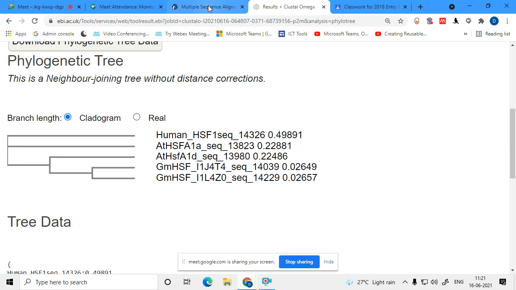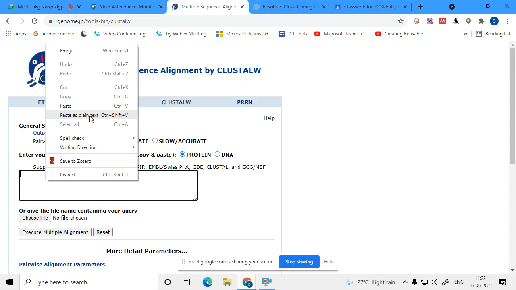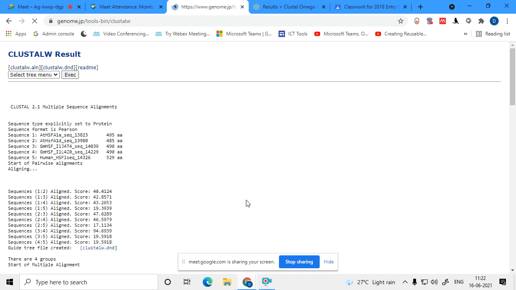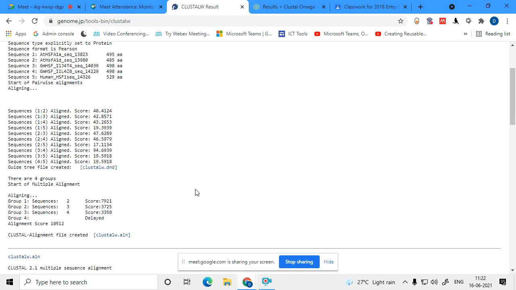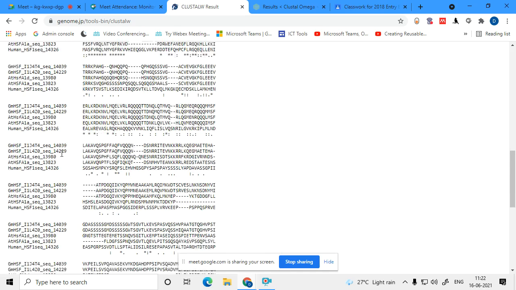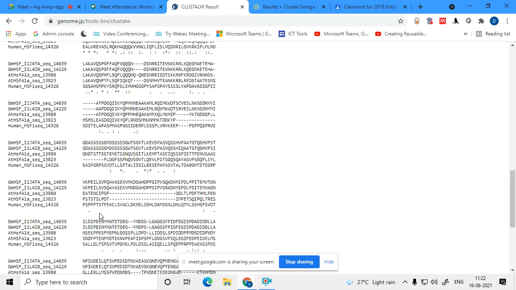Let us do this alignment in another cluster, Clustal W. You execute multiple alignment. So here you get the multiple alignment, you get the Clustal file.